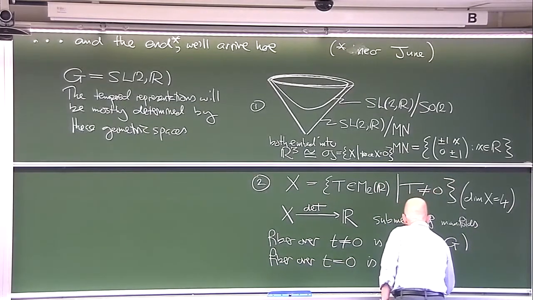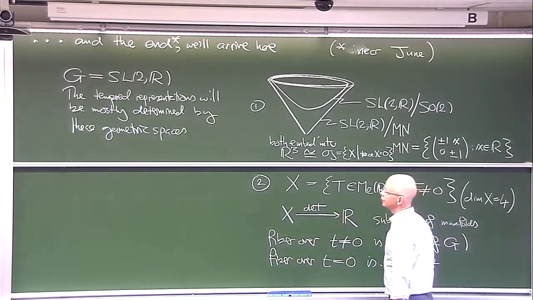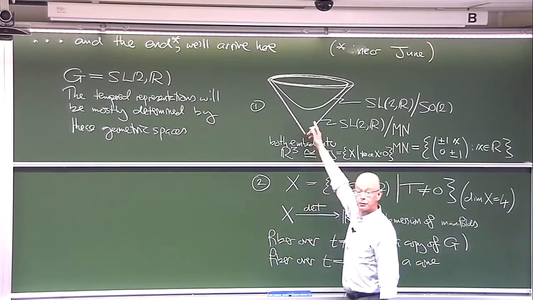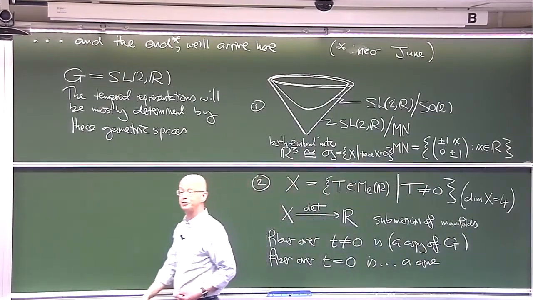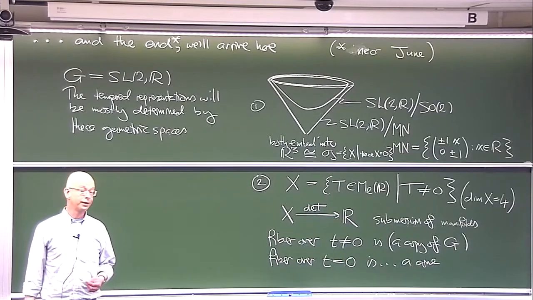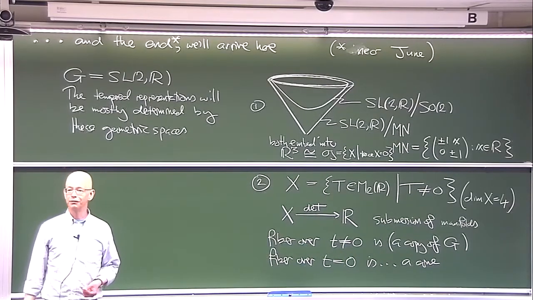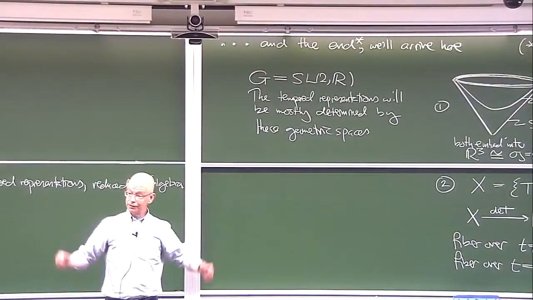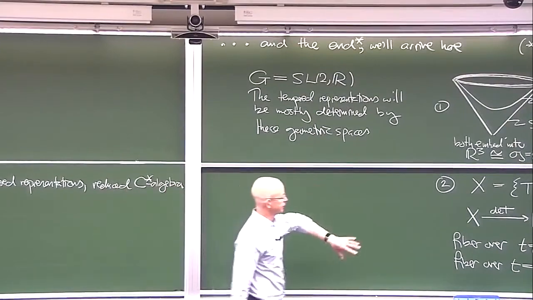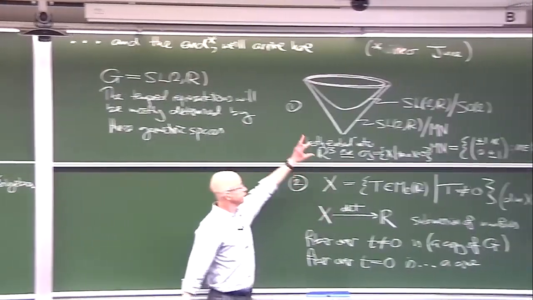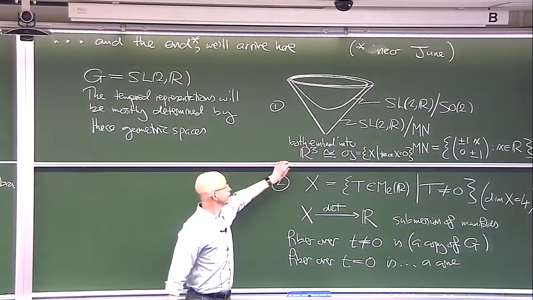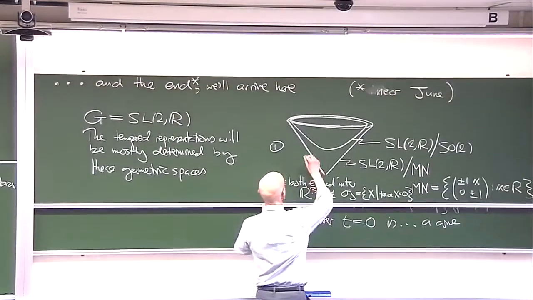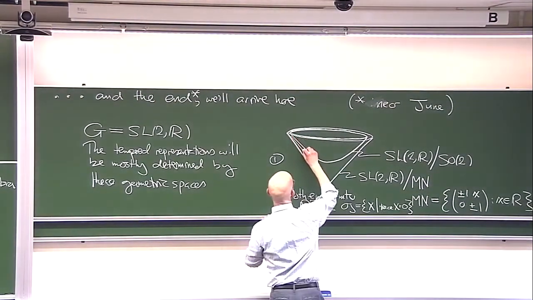But all I want to describe right now is that it's a cone, like this space here, because if I have a matrix of determinant 0, and I multiply it by a scalar, 2, 3, 4, whatever, then of course it still has determinant 0. So this space of matrices of determinant 0 is a cone, like in this picture. So this is a more elaborate version of this picture here. Indeed, we could augment this picture if we wanted to, put in